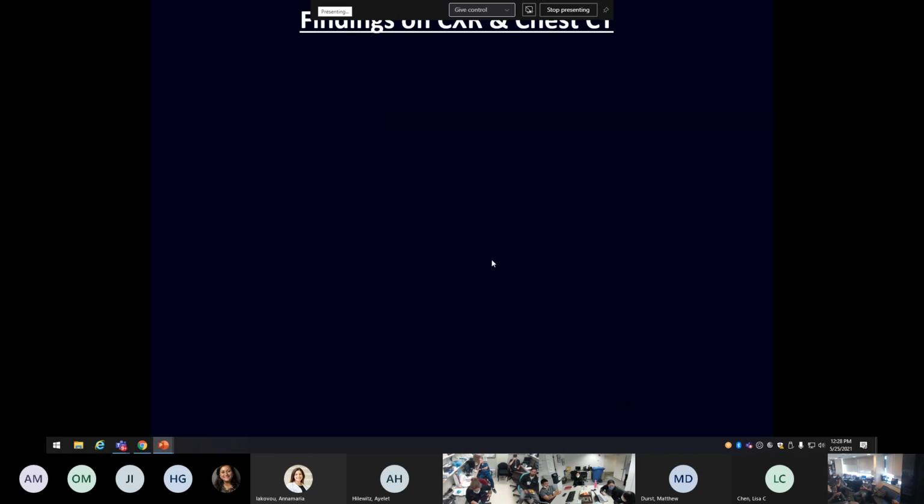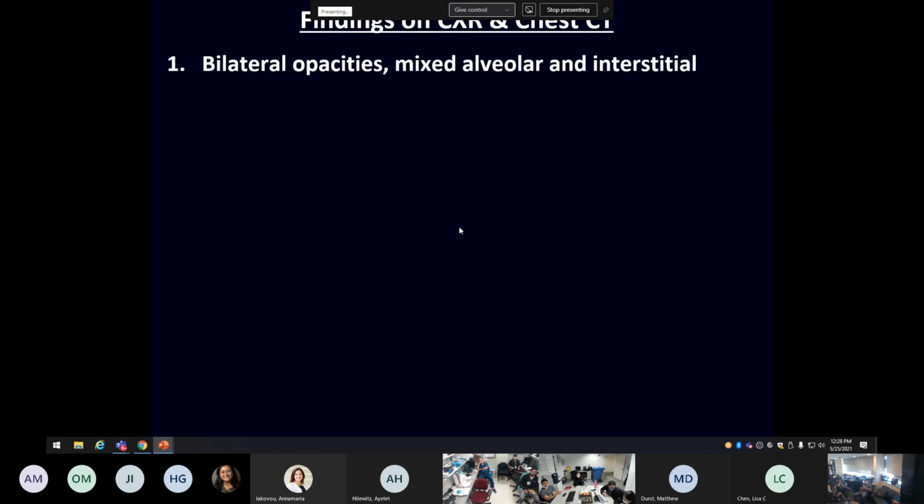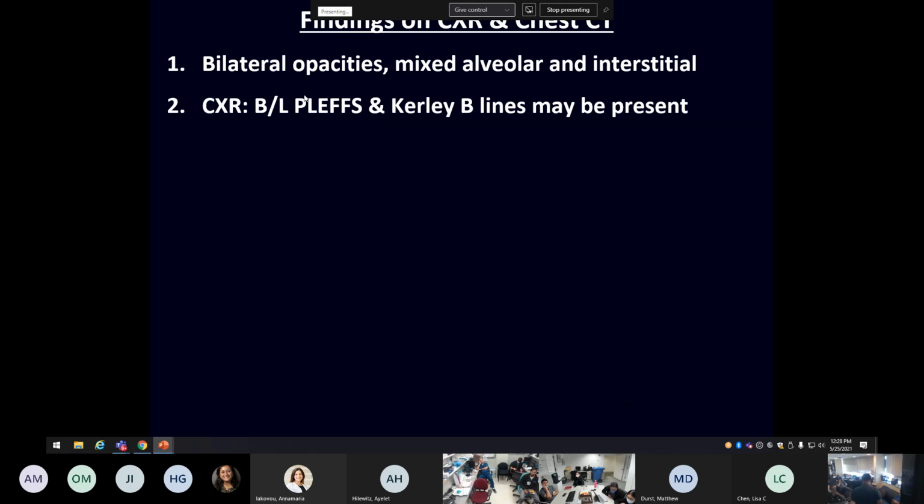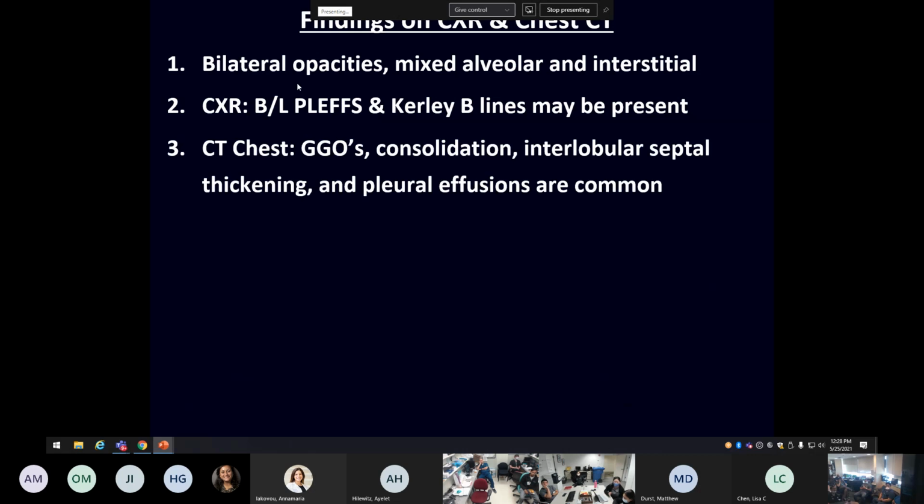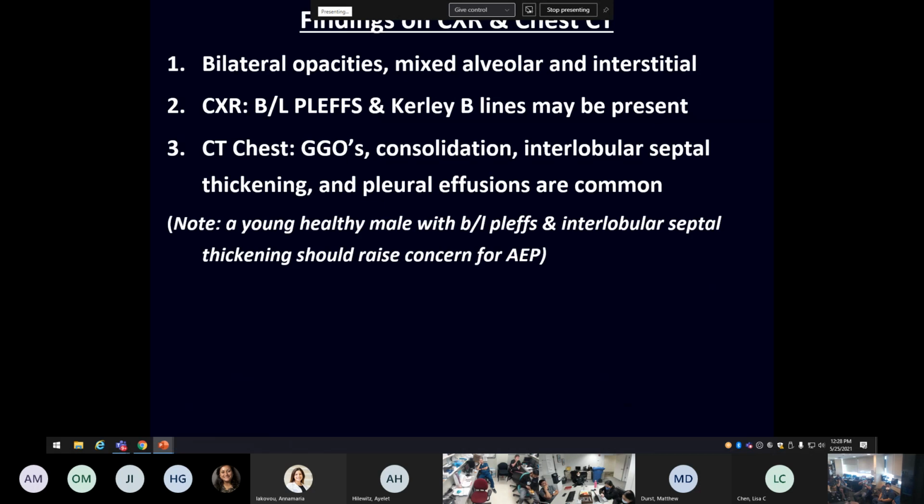So let's talk about the findings on chest X-ray and chest CT in these patients. So we talked about they have bilateral opacities, mixed alveolar and interstitial. Chest X-ray can show bilateral pleural effusions, Kerley B lines. On CAT scan, they can have ground glass opacities, consolidations, interlobular septal thickening. Pleural effusions are common. And very important to note, and this was pointed out in Murray and Nadel's, a young healthy male with bilateral pleural effusions, interlobular septal thickening with no history of cardiac disease should raise concern for acute